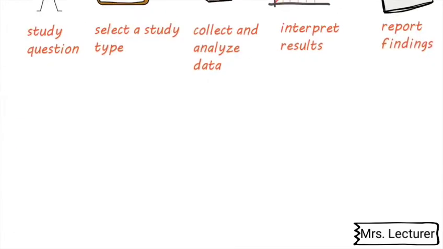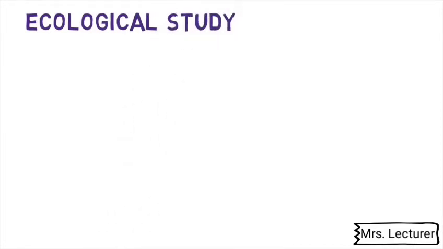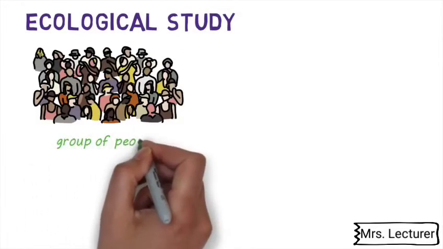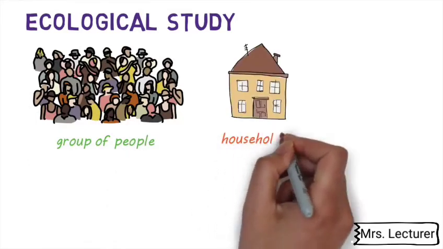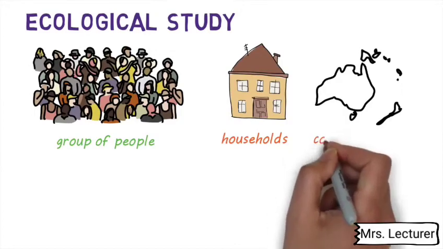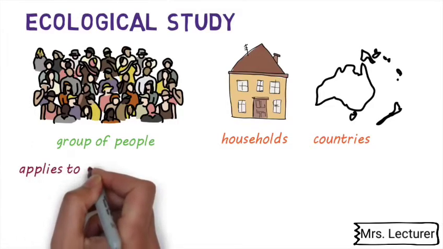Now let's have a look at a few different study types. An ecological study is a type of study where measurements like disease rates and information about exposures are made on a group of people. The groups can be as small as people in a house or as large as people in an entire country. It's important to remember that results and conclusions from ecological studies apply to a group and